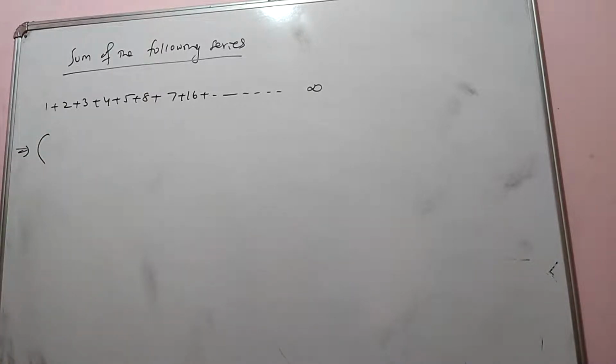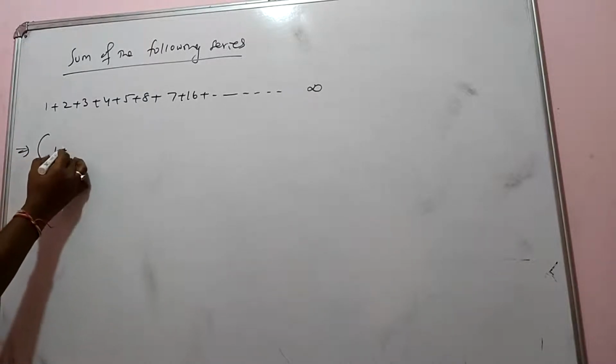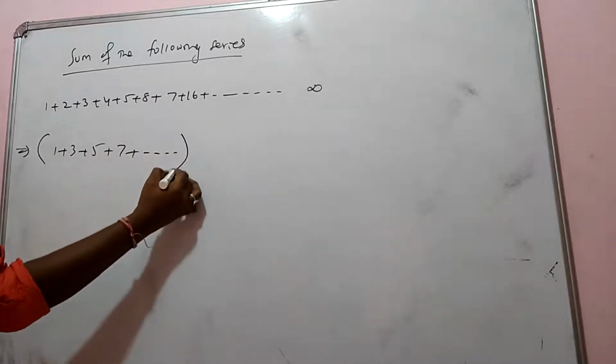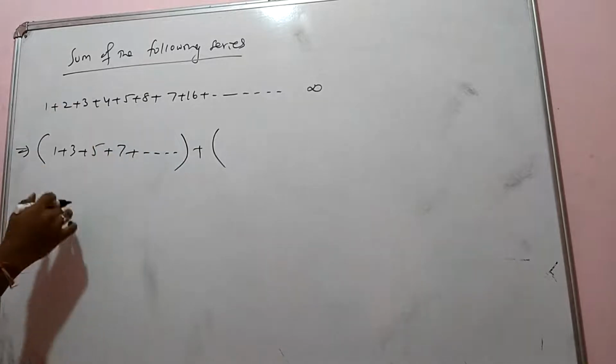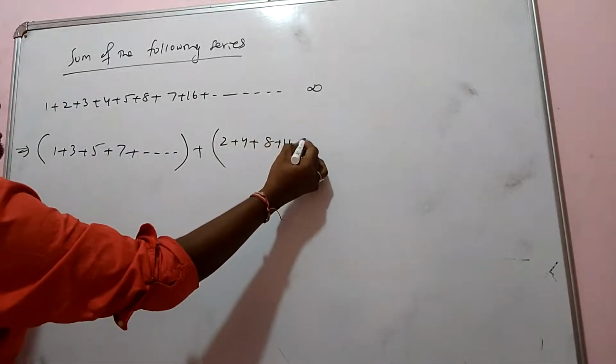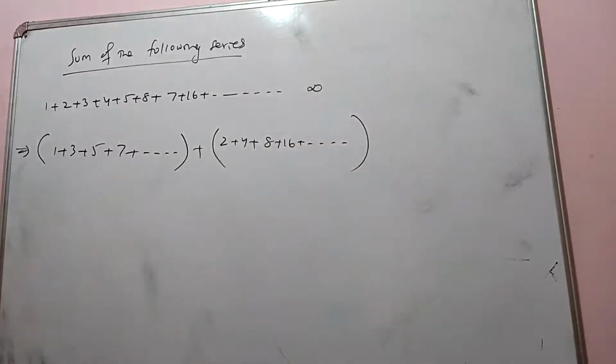This is a special series. It's not really special, it is already there, so you have to recognize this. 1 plus 3 plus 5, I separate this one, and I separate here 2 plus 4 plus 8 plus 16. I separate this. Look at that. What I am going to get is 2 plus 4 plus 8 plus